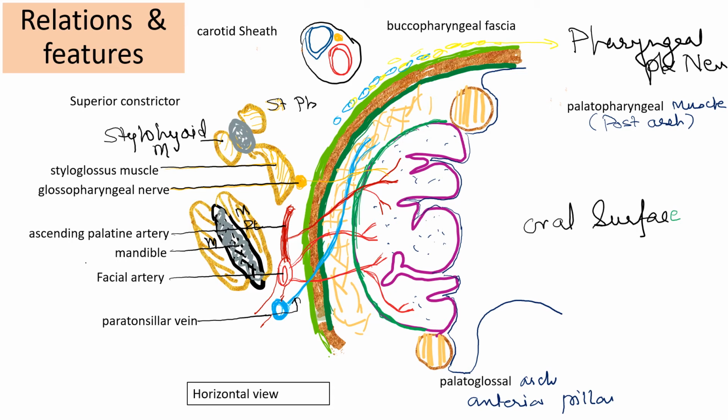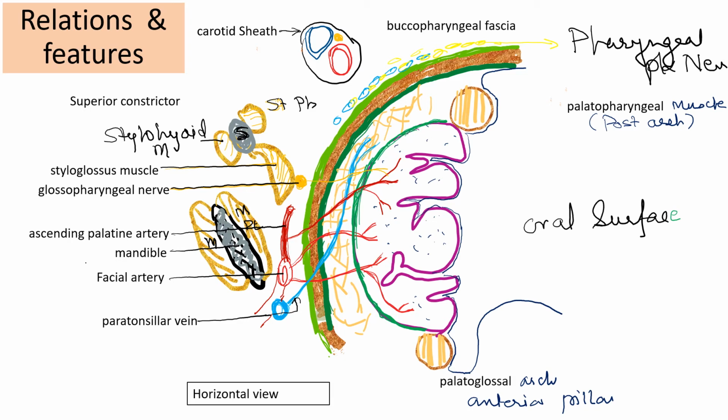Okay, and this is styloid process. So there are further structures which are related lateral to this. There is the carotid sheath, which is related, actually it is 2.5 centimeter posterior and lateral to the tonsil. So it is not in direct relation, but when we make the section for the sake of completion, we have made it. So that's the carotid sheath with the internal carotid artery and internal jugular vein in that.